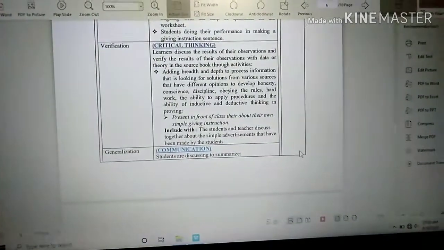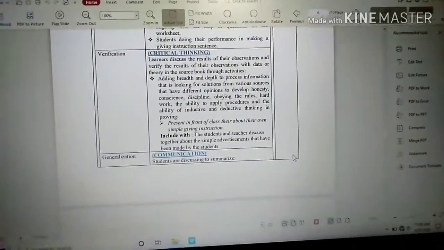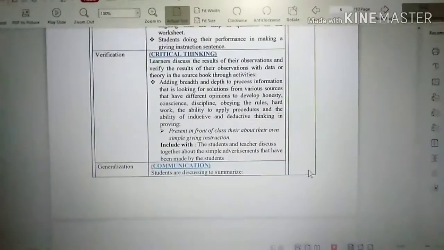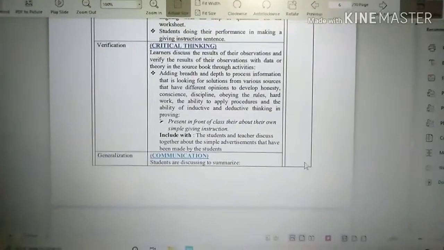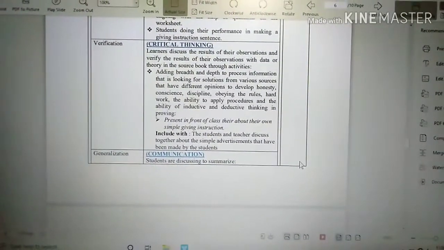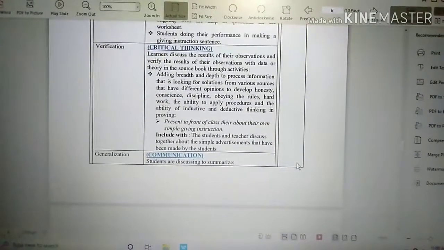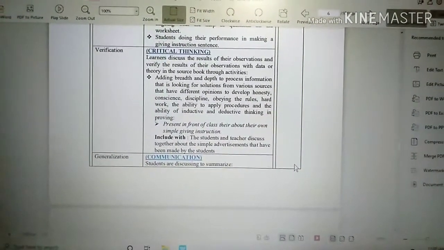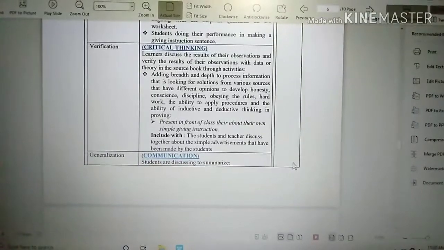Present in front of the class their own simple giving instruction, and the students and teacher discuss together about the simple advertisement that has been made by the students.